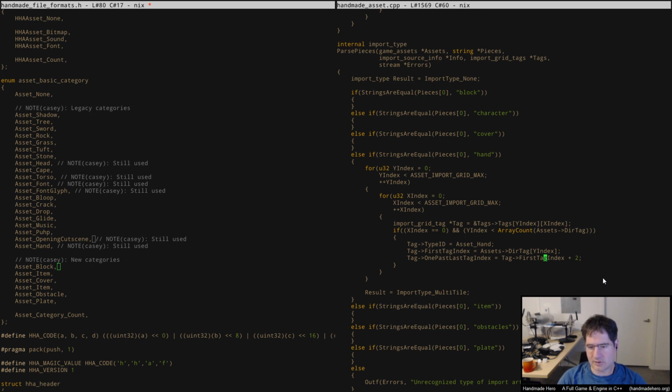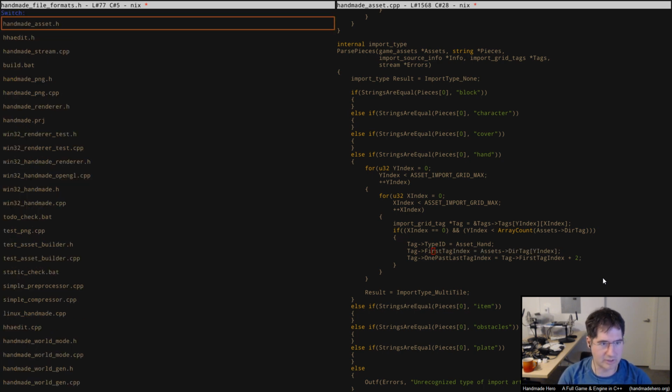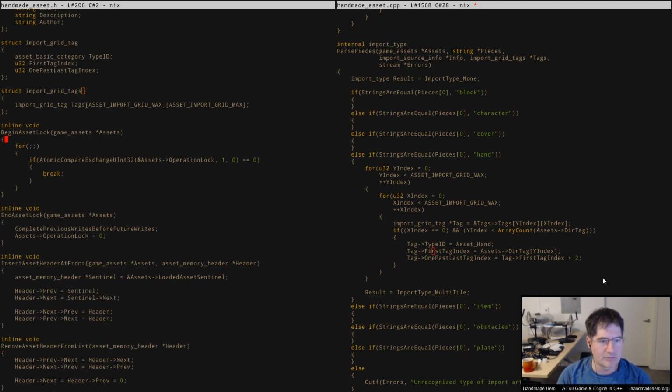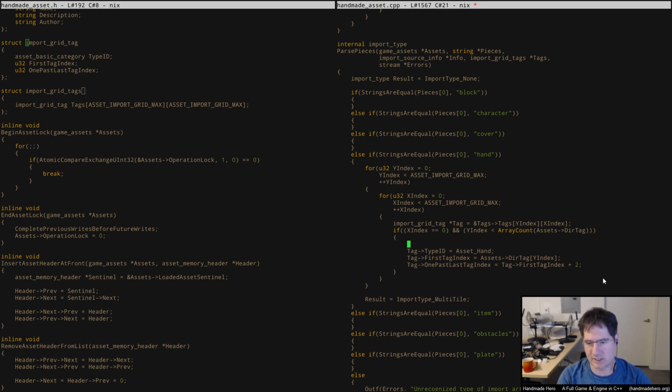So what you need to do here is you just need to say, I'm going to add whatever the tag is, and it's always type ID equals asset hand. And then in here, we just need to say what the tag set is. Let's just real quick look at what that is inside the info structure here. So if this is an import grid tag, then I think what we want to do is just say, okay,